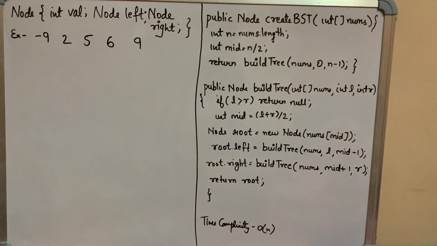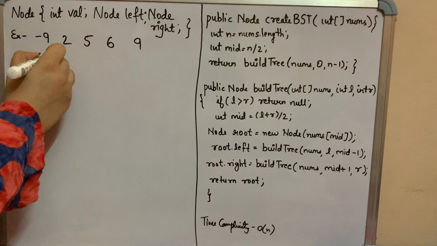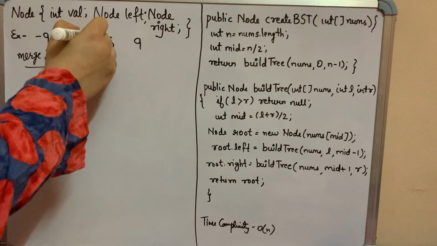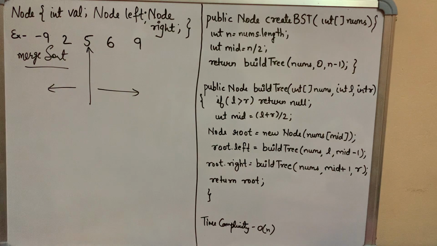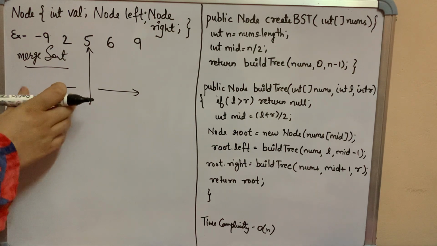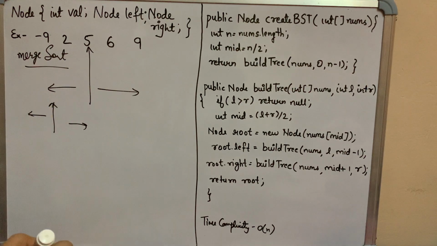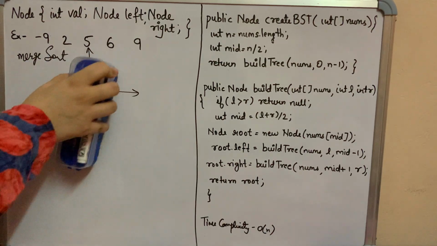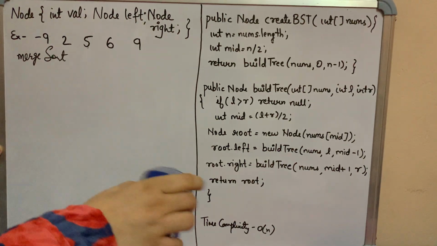One more thing, as I already said, there are a lot of concepts. One more concept is merge sort, if you have heard about it. In merge sort, whenever you are given an array, you break it from the center, then you process your left half and then your right half. Again, let's say we take the left half first, we break it in the middle, then we again process the left half and right half. This is the high level idea of merge sort. Something similar we are going to do here to create a BST. That is the reason we follow this O(n) approach.